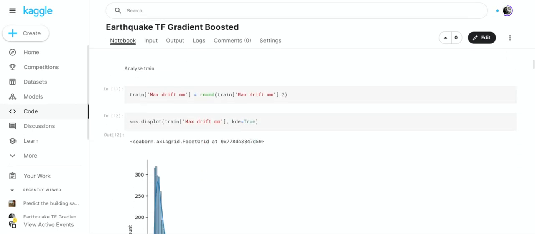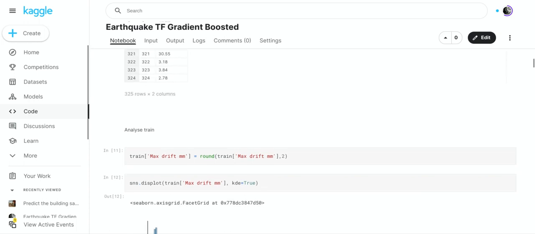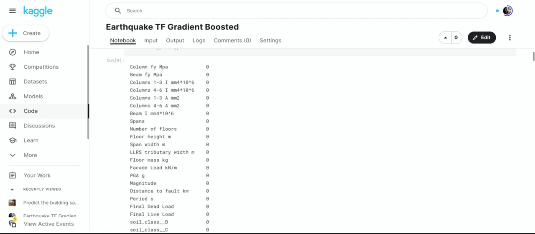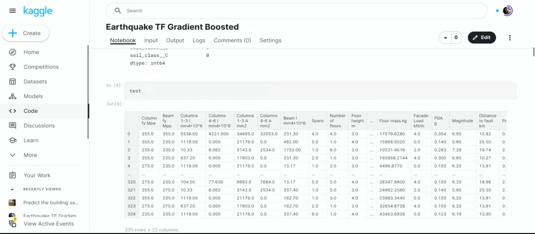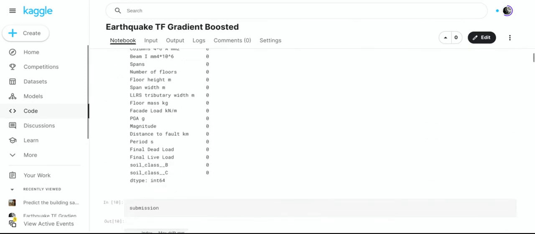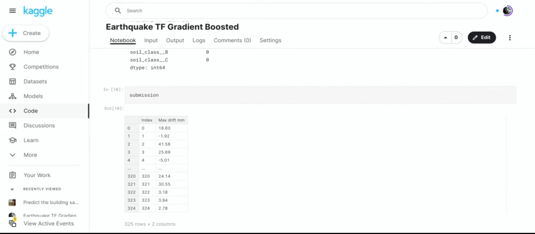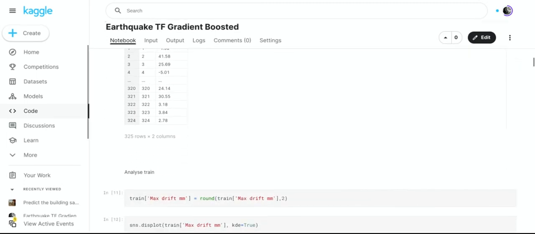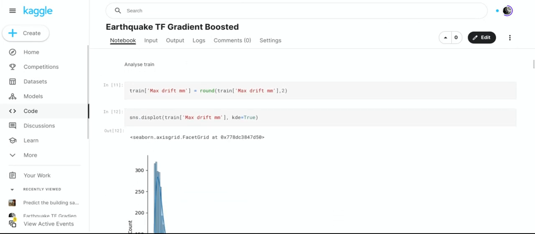So now we're going to analyze train. And if you look over here, it says your max drift MM in the submission is rounded to 2 characters. So that's very interesting, and you have to keep that in mind. So I had to round max drift MM to 2 characters.